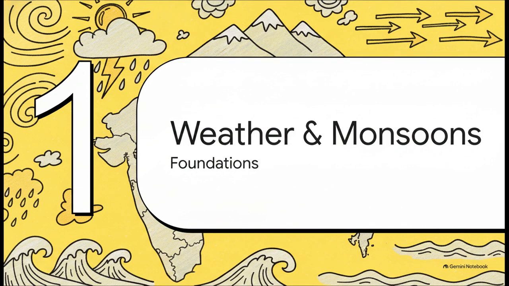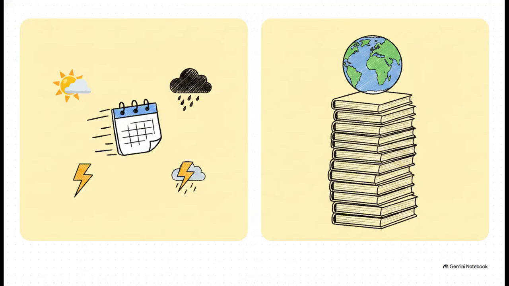All right, let's jump right into section 1, weather, climate, and monsoons. To really grasp this system, we need to draw a hard line between two concepts that people mix up all the time. Weather is just the momentary state of the atmosphere. It's fleeting, right? It changes super quickly within a single day or a week. Climate, on the other hand, is the grand average. It changes so slowly it's almost imperceptible. To officially note a shift in climate, you're looking at average weather conditions over a really long time. We're talking 50 years or even more. So we aren't just looking at today's rain forecast, we're looking at a half-century of atmospheric blueprints.